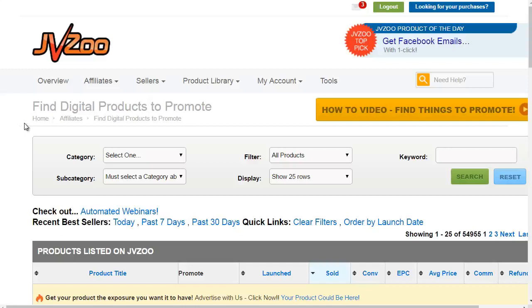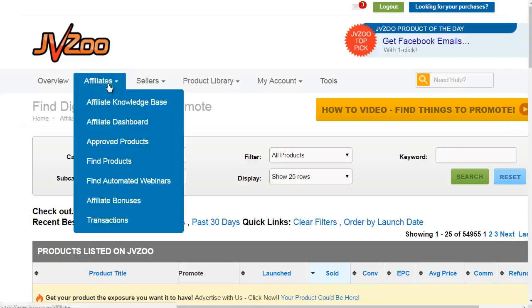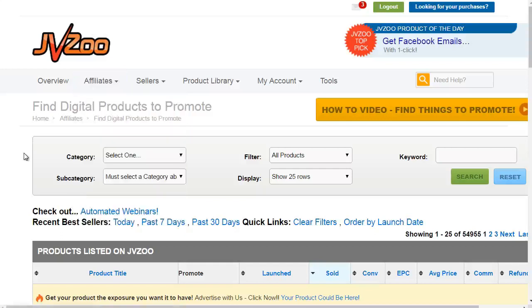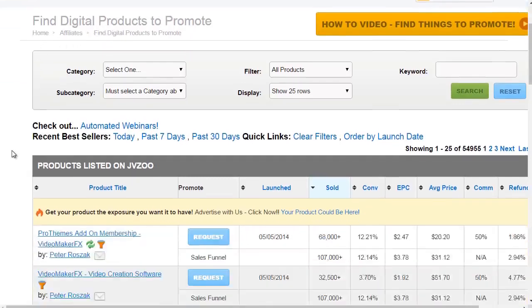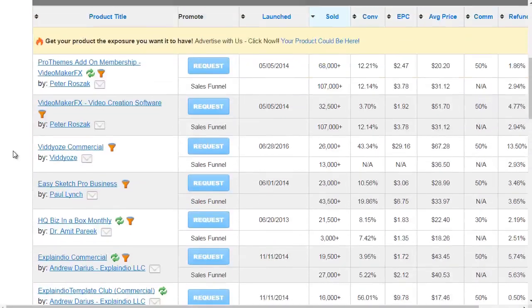Now, you do need an account to do this. So you need to go to jvzoo.com and create an account as an affiliate. And then if you go to the top and click on affiliates and click find products, you will be directed to this page where you'll be able to find digital products to promote. Obviously in this case, we're looking for vendors, but this gives us some good data to get an idea of what products are being sold, how much the conversion rate, the EPC, in other words, the earnings per click,